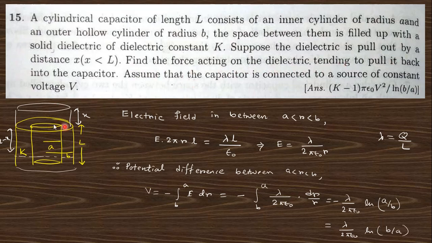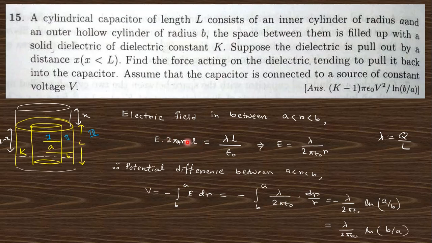So you need to find the capacitance of the system, then we get the potential, and then the energy of the system. First we need to find the capacitance, then energy, then force. To find the capacitance, we need to take into account the electric field within that region. In region 1 the electric field will be 0. In a similar fashion to what we discussed earlier, region 1 and region 3 electric field will be 0. Only in region 2 will the electric field be present.